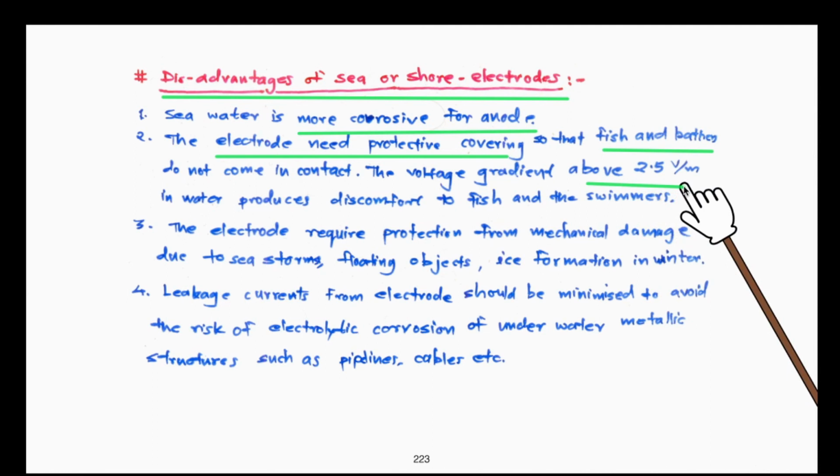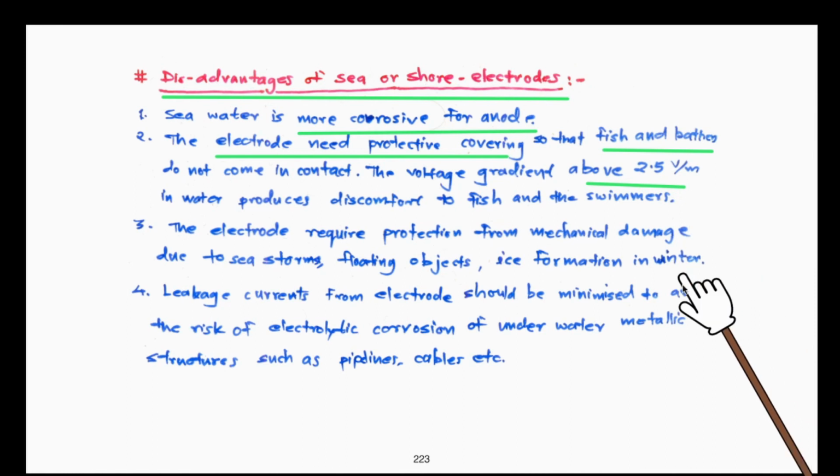So this voltage gradient has to be observed while we are about to carry the current through the sea electrode. So this voltage gradient matters. Electric field, but as we already mentioned, the field gradient is less within the sea water. Okay, and consequently this can be achieved through proper analysis and proper design.